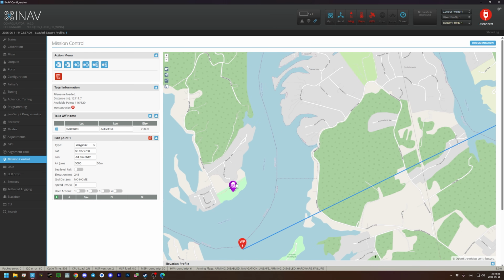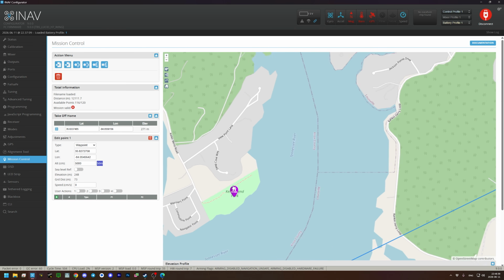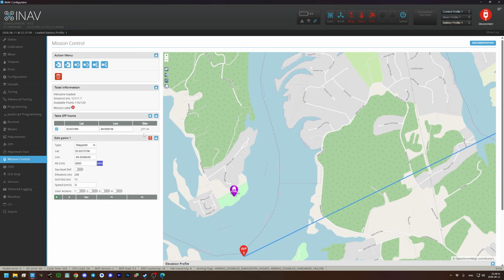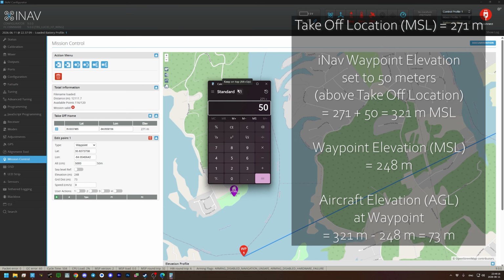I'm going to take off from Keller Bend Park right here. Now, when I click on a waypoint, the altitude is shown. It's going to be 50 meters above what? Above this altitude here for this home point, which is at 271 meters elevation above sea level. So 271 meters is my takeoff location, plus 50 meters above that for my altitude at my waypoint is